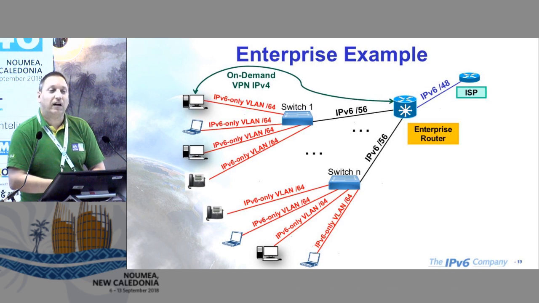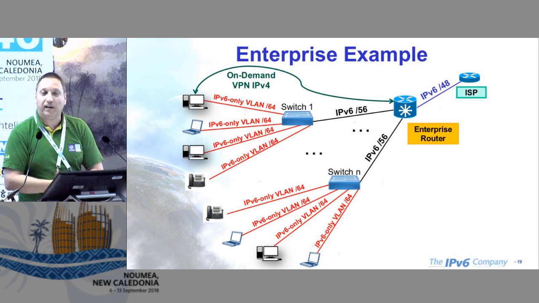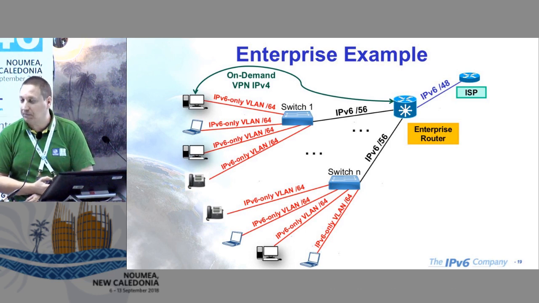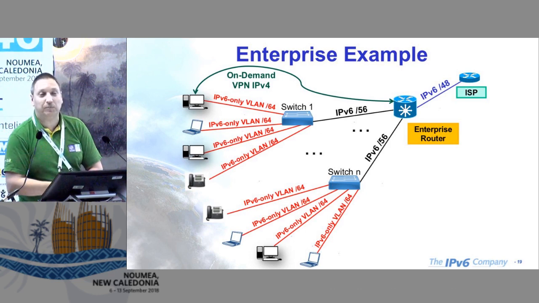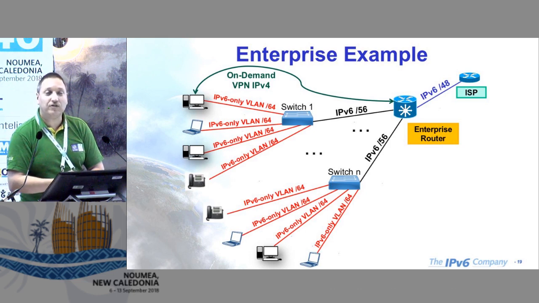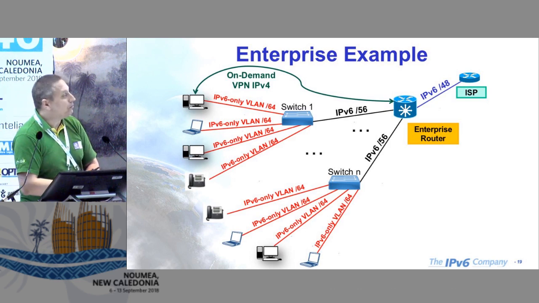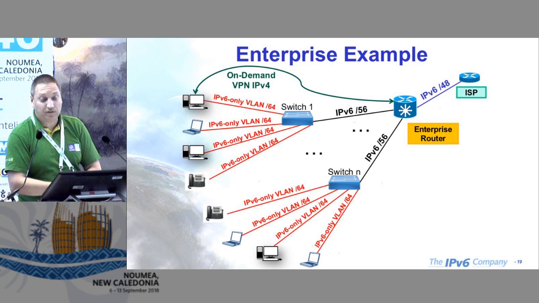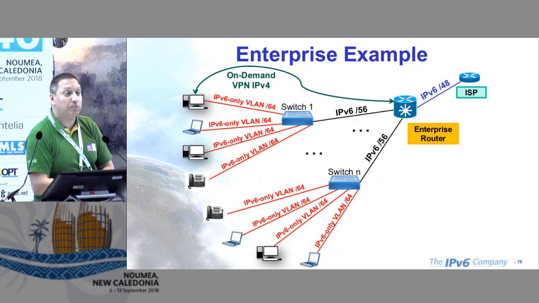Basically, it can run an on-demand VPN using IPv4 on top of IPv6 to get that connectivity. So the application runs, and when there is no traffic, it tears down the VPN, and that's it. So it's a more interesting scenario. We have actually tested it, so this is not just an illusion, it's something that is working, and I think it will be very interesting because it gives you the point where today one of the reasons